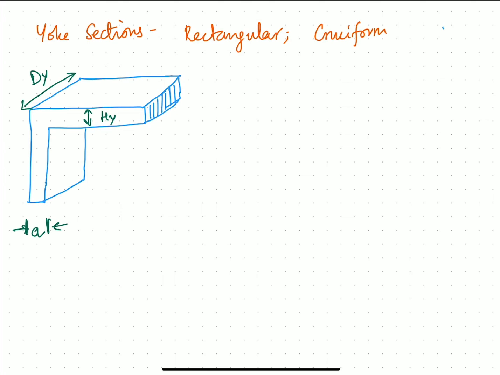Similarly, you can have a rectangular yoke and a cruciform leg. So what do I mean by that? I will show you that here. I have a rectangular yoke